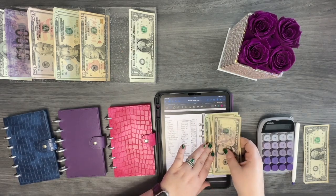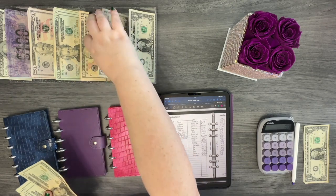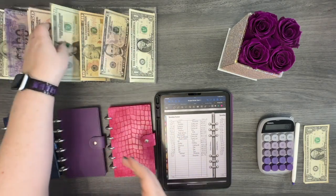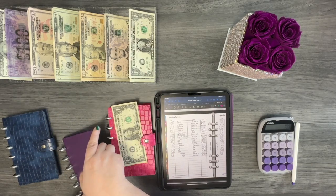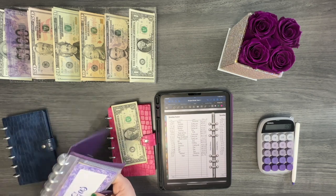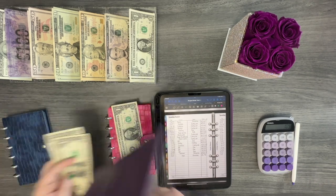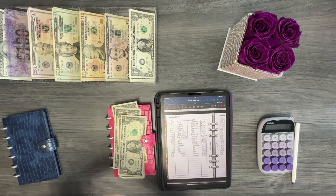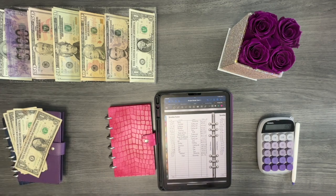And so 5, 5, and then these are all 20s. And then what I'm gonna do with this single, I think all my categories in here are pretty wiped out except for gas. Actually, I'm also gonna use gas for this. I'm gonna go ahead and clear out gas so this whole entire wallet is 100% cleared. Yes, I stole a little bit from Uno, but it was easier to wipe Uno out than to leave it